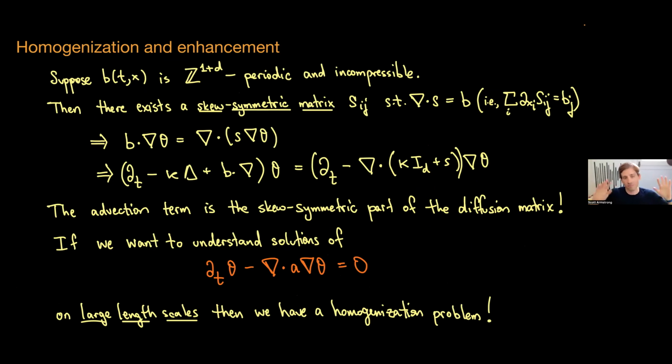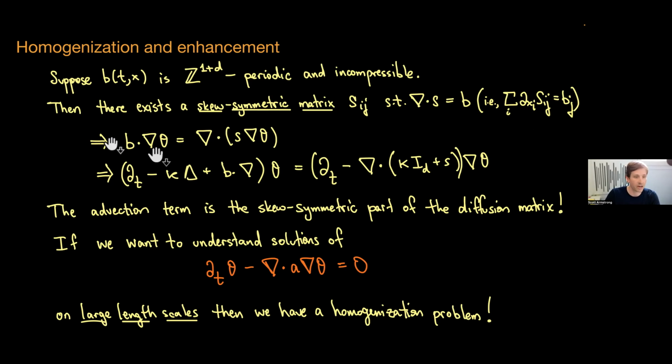So let's step back and just imagine now that we have some vector field, which is periodic in space and time and incompressible. Because it's incompressible, there's a skew symmetric matrix. It's like the matrix potential for the solenoidal field. Like, you have a magnetic field, you have a matrix or a vector. I mean, in 3D, you would write this as the curl of a vector field. In 2D, you would write it as grad perp. But in dimension D, you have a skew symmetric matrix S such that the divergence of the skew symmetric matrix, meaning you contract the i index, partial x_i of S_ij, summed over i, makes a vector field, which due to the skew symmetry is automatically divergence-free, and any divergence-free field can be written like this, okay?